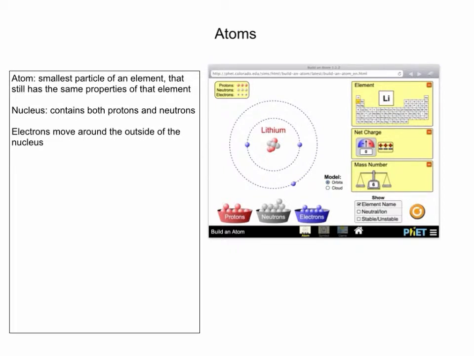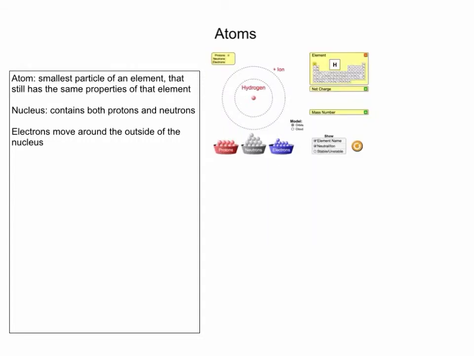So now let's look at these individual particles that make up the atom. As you can see, we have the protons and the neutrons and the electrons, but what do these particles actually do? So if I add one proton to the nucleus of my atom, you can see that now I have